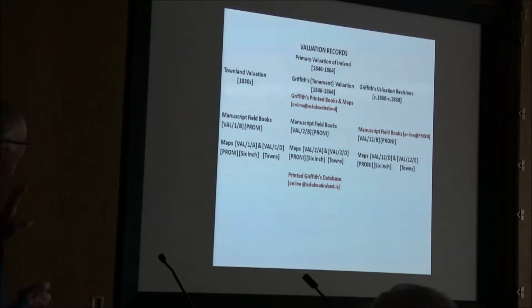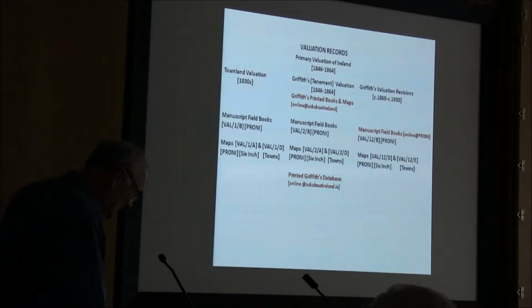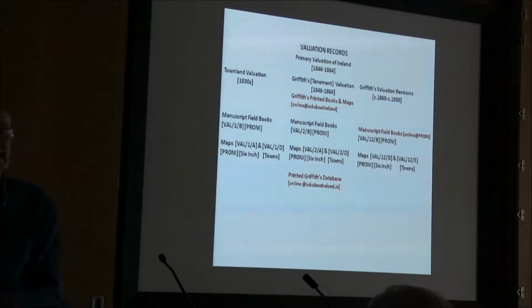Now, Griffiths, the Ask About Ireland is also a database. You can actually search for people, although it's difficult enough at times because it's what's known as an exact match database. In other words, if you don't spell the name properly, you don't get anybody. For example, if you're looking for somebody called Laverty, there's a Laverty in one of those handouts that I've given you, and it's spelled L-A-F-E-R-T-Y. If you don't put in L-A-F-E-R-T-Y, you do not find them. You would have to try and put in as many different spellings as possible, so it's limited in what it